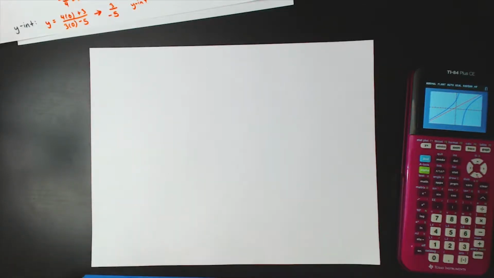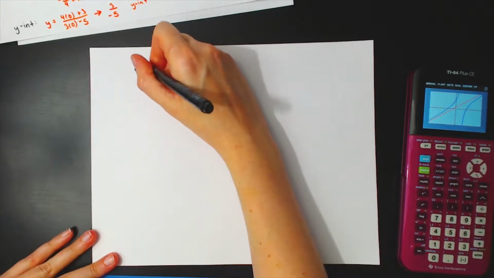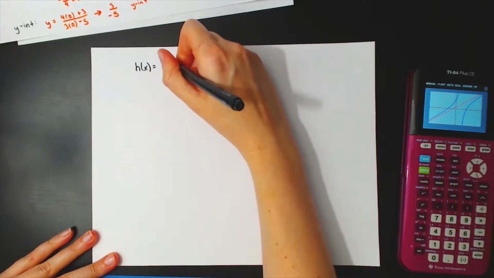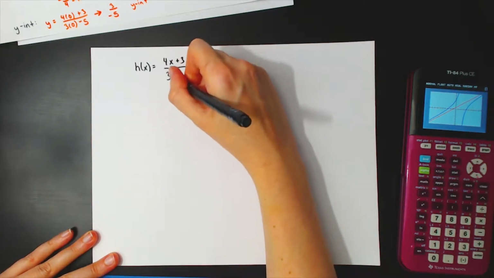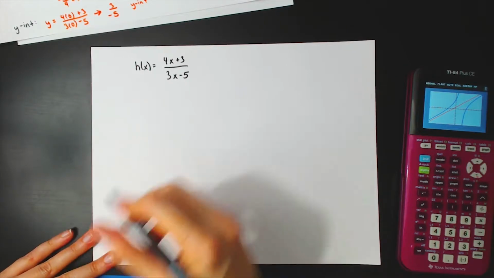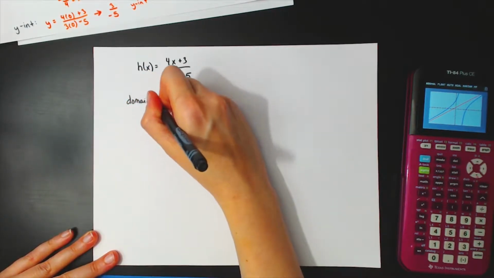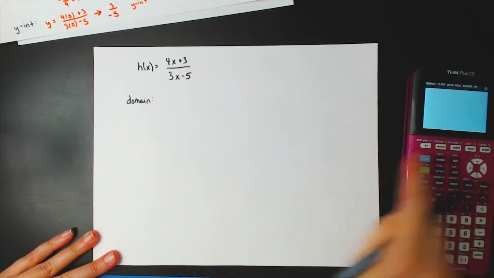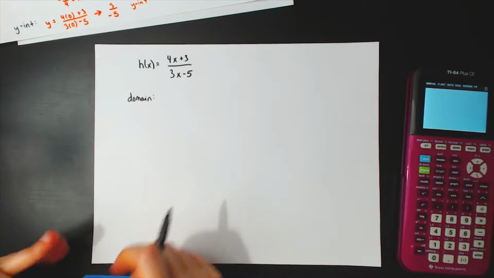Right, we are going to graph a rational function, and we're going to have the same degree in the numerator as we do in the denominator. So we're going to work through a list of important things to help us determine what this picture is going to look like. So for our domain, we need to figure out what value is going to make our denominator